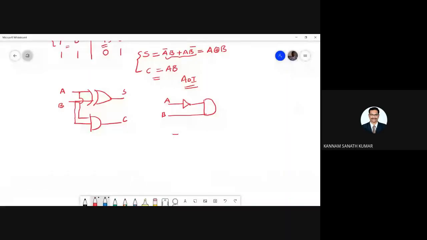So here, if you see, let us consider this is B. B is passing. So this is A bar. This is B bar. AB bar, connected through the AND gate. And this is A, and coming to the carry, so this is sum, and next one is the carry, so this is nothing but AB, no? So AB is connected to the AND gate. This is nothing but the carry.